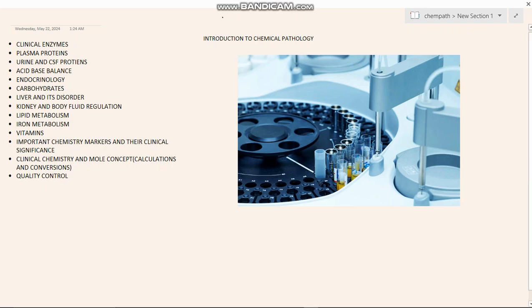So chempath, we can get chem and then path. So just analyzing chemical components of the human for pathological purposes. That is the basic definition. So it's the systematic study of the chemical process. So one, we study the chemical process